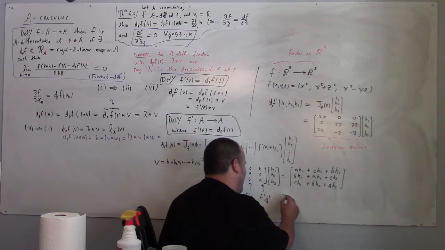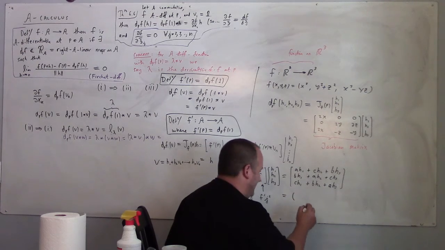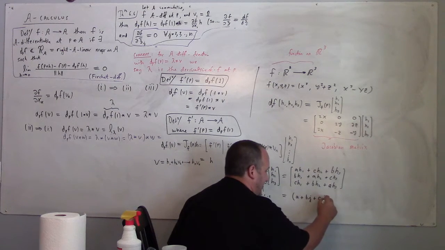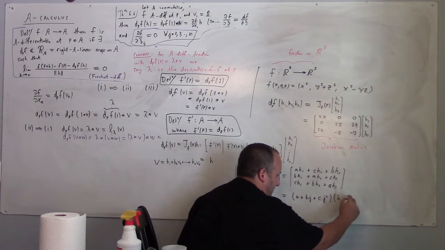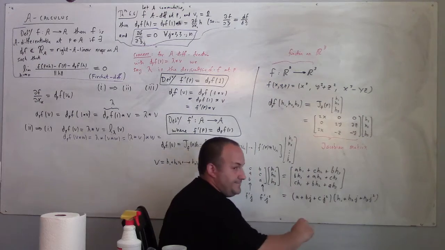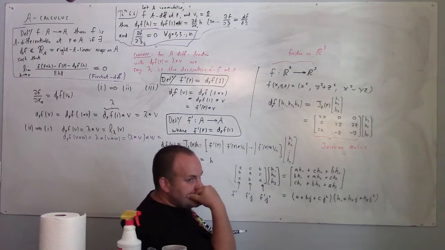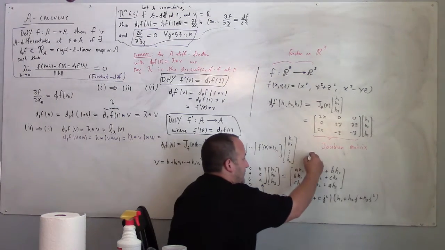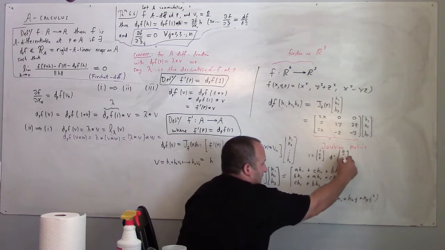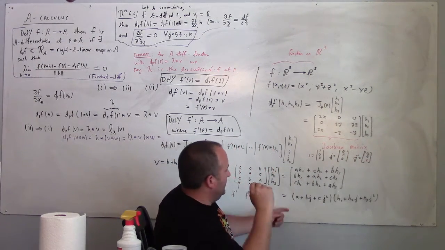So, I mean, this can be written as A plus BJ plus CJ squared times H1 plus H2J plus H3J squared. With the understanding, of course, that one... so this is really